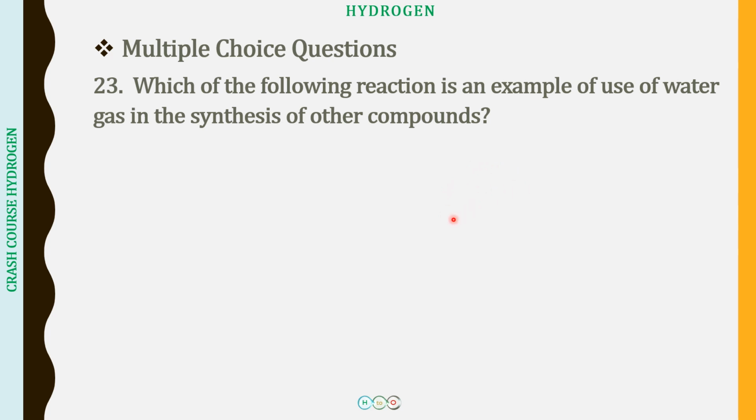So what we generally do is we pass this through water at a very high pressure. So what happens is carbon dioxide is soluble in water, so this will be dissolving in water, and what we will be getting is only hydrogen. It can also be absorbed by sodium arsenide solution. So these are the ways how we will be getting hydrogen as far as the industrial preparation of hydrogen is concerned.